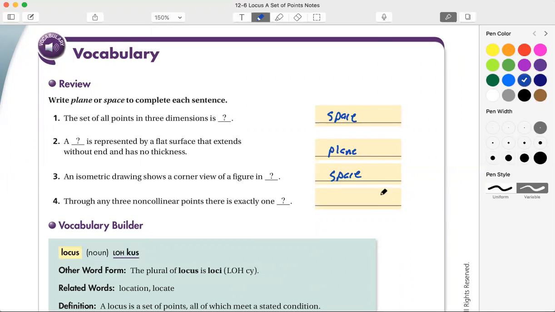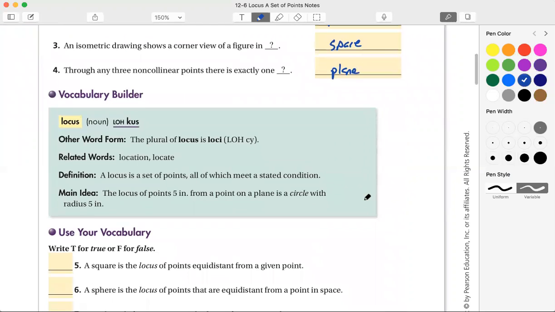Through any 3 non-collinear points, there is exactly one plane. All right, so new word, locus. The plural of locus is loci. The related word is location or locate. So the definition: a locus is a set of points, all of which meet a stated condition. So the locus of points 5 inches from a point in a plane is a circle with a radius of